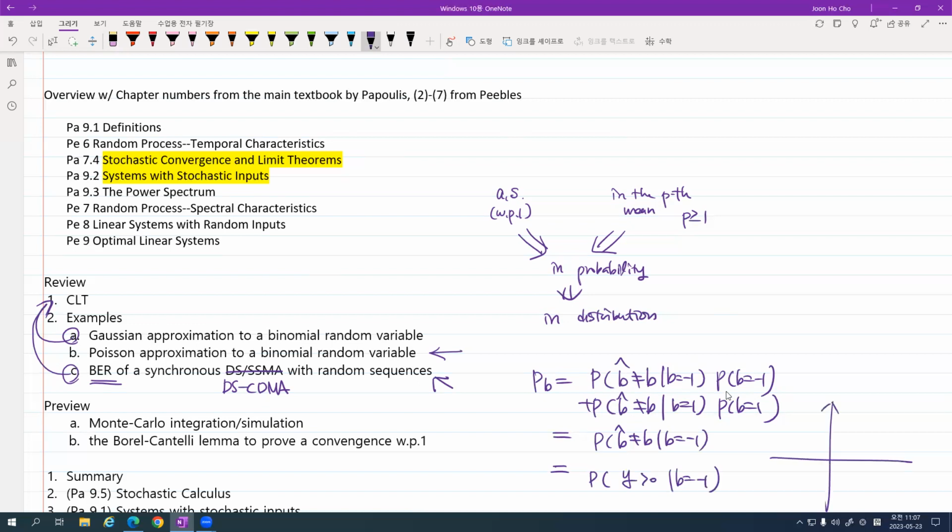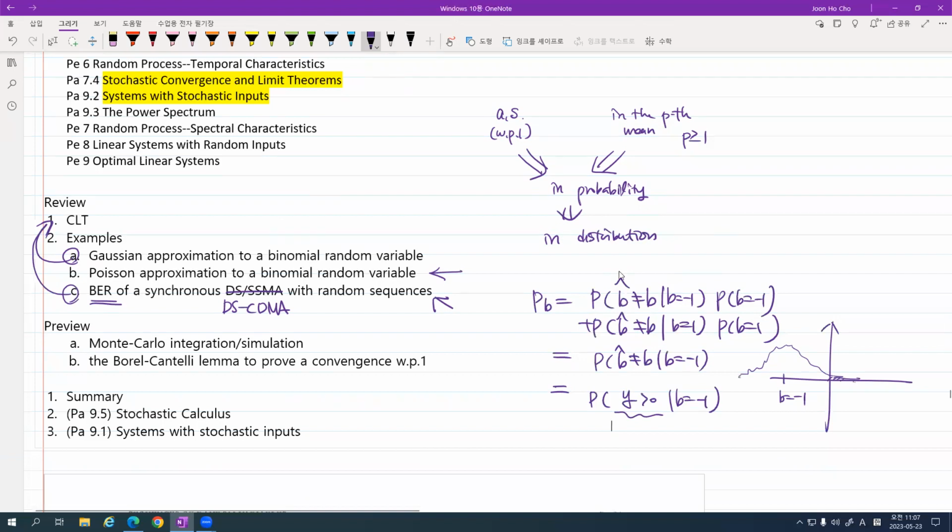So here, even though you transmitted b equals -1, that value is corrupted by the multiple access interference, which is well approximated as Gaussian, and also corrupted by a Gaussian random variable. So you have some distribution density function like that. And we want to compute the right tail probability. And we know that this distribution is well approximated as a Gaussian distribution. So here goes the approximation, Q of something. Got it?